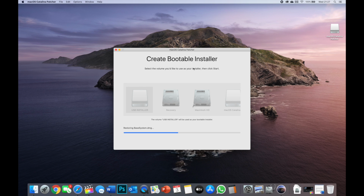You can just click on the download inside this Patcher app instead, and it will just do it all for you. But afterwards, the next steps are exactly the same of selecting install to USB. Always select install to USB. Like I said, do not install it on your hard drive. There have been known issues before, and we want to do a complete clean install, and that's why I showed you guys we need to do a Time Machine